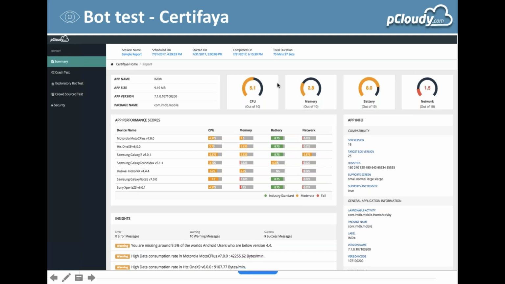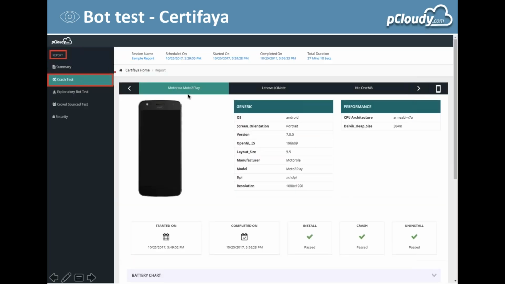And you can see the result in terms of how the CPU was performing, how the memory was performing, battery, network. And then you can get into more detail as to what exactly was the execution status on a specific device. So here you can see Motorola Moto Z Play. The install was successful, the crash test was passed, uninstall was successful. And then if you go further down the report, you will have all the screenshots of the flow which was executed, along with a detailed report on performance parameters like network, CPU, battery,